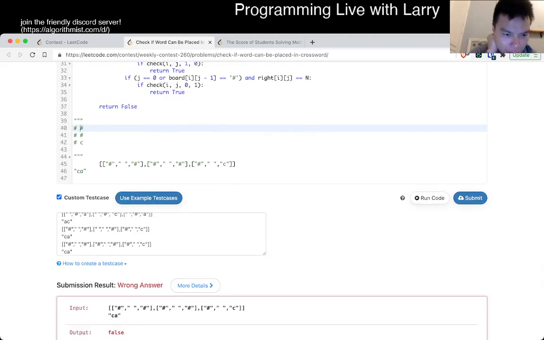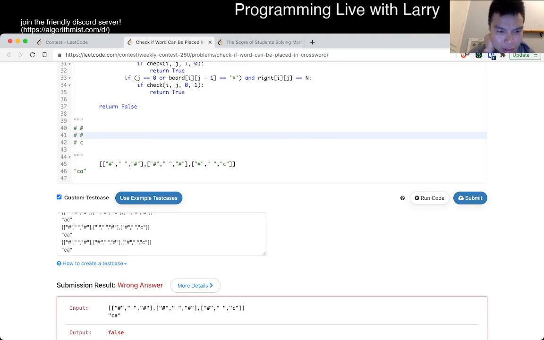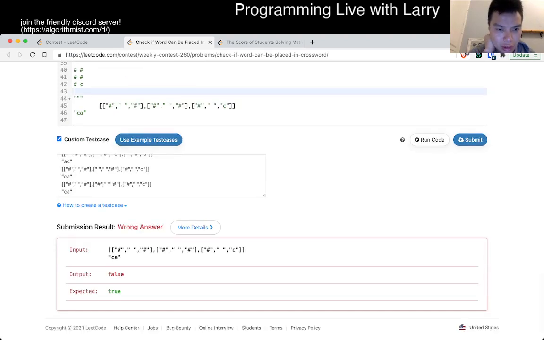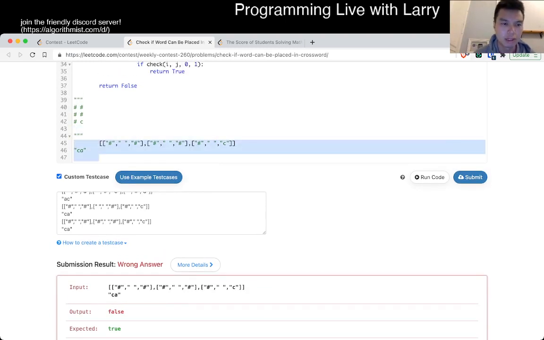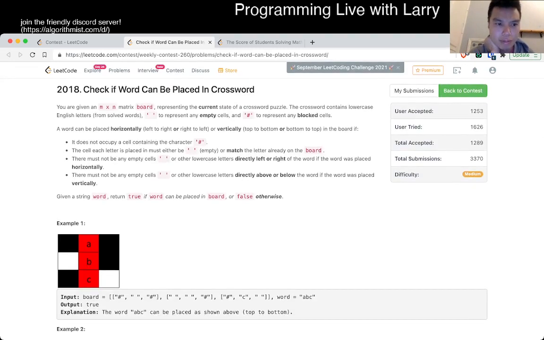Did I miswrite this? Wait, what is this input? It's this, right? Why can C8 be placed? Where can you place it? Huh? I think I just misunderstood the problem or something. Oh no. Why would, this is the stupidest crossword. That's the problem with problems that